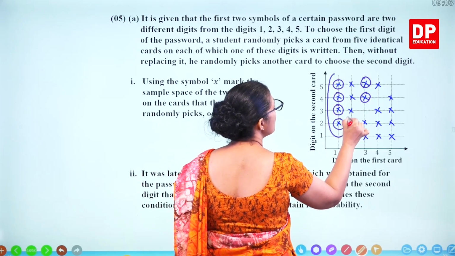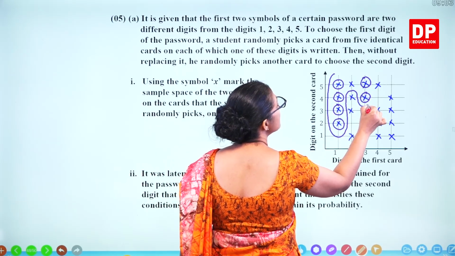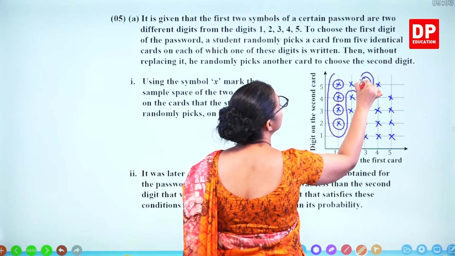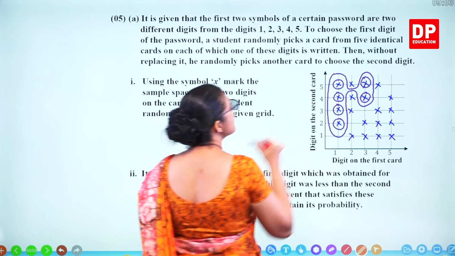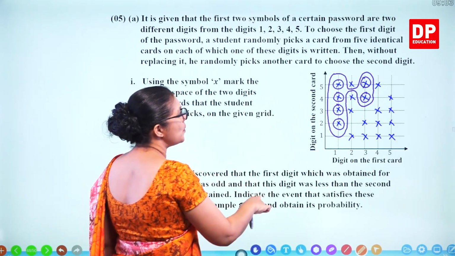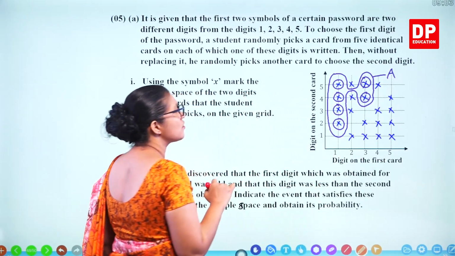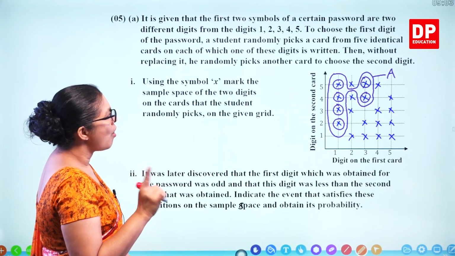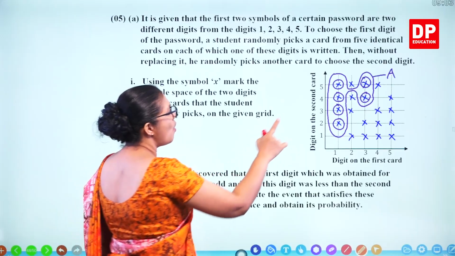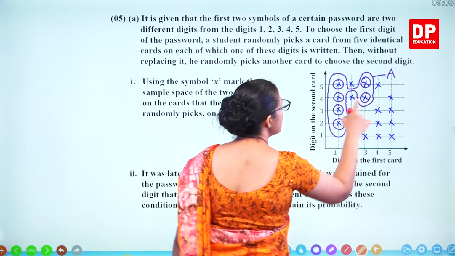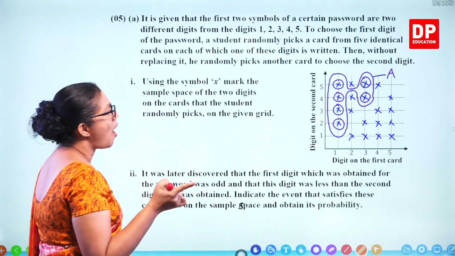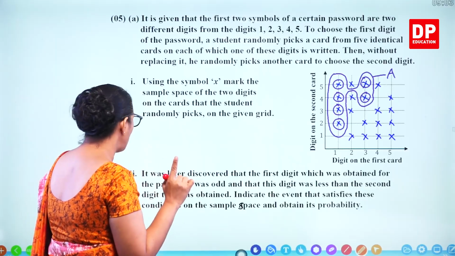So here, if you take this one, this is the part we need for the second question. So that's A. So how many outcomes are there? 1, 2, 3, 4, 5, 6. 6 out of the total. So we'll find out